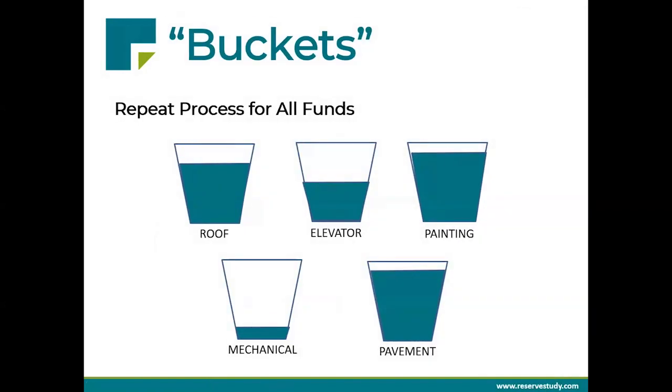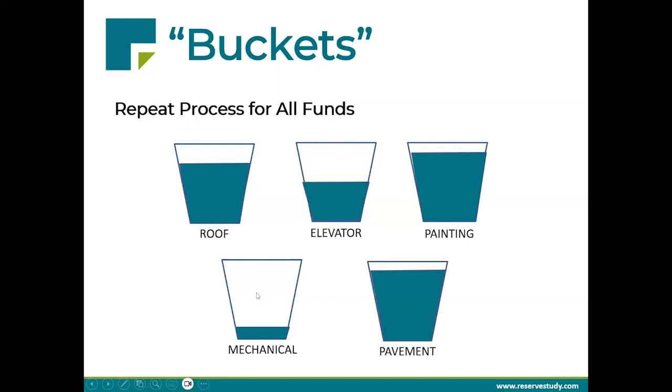In order to proceed, I'm going to continue that process with each of the remaining buckets, right? And each one will be a separate calculation. They all have different levels of funding. They all have different costs, different timelines, but I'm going to do something like that individual calculation for each one. Now, in reality, what happens over time is that you end up with a variety of different funding positions, right? That depends on how accurate your assumptions were for your life expectancies and your costs. In the end, what it means is that some accounts might be very well funded while others are behind.